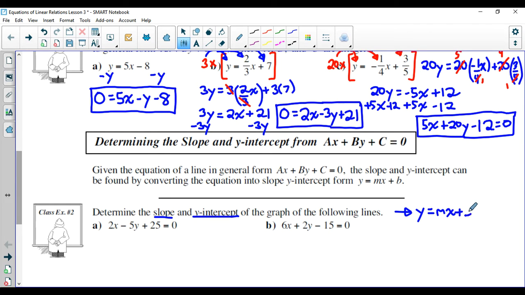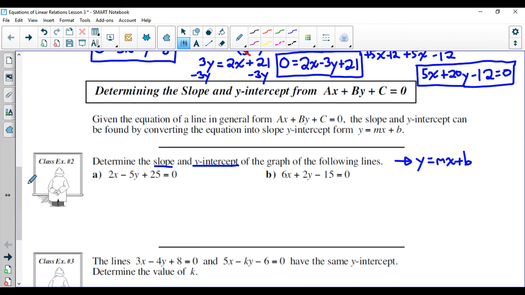Okay, so we're going to turn these equations into the form y equals mx plus b. The way to do that is all you have to do is just isolate for a y. Okay, so we can get the equation isolated for a y, then we will turn it into y equals mx plus b. Okay, so let's start with this first one. We have 2x minus 5y plus 25. Now, I want to get the 5y by itself,